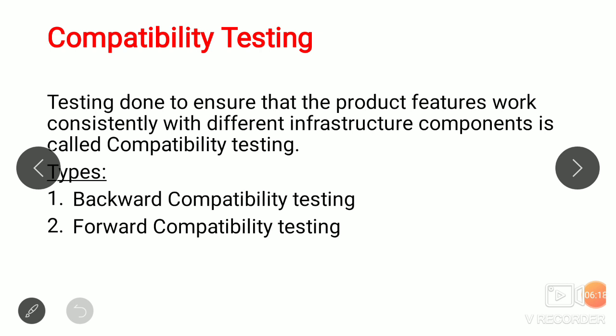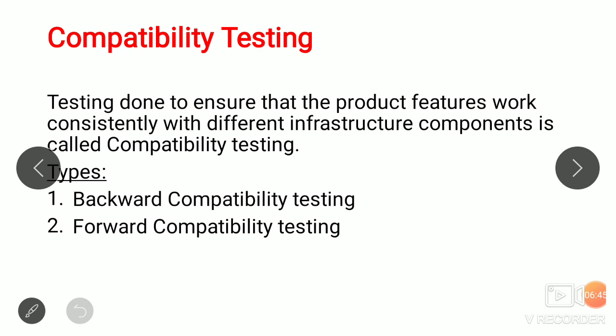Here, what is meant by infrastructure? Here infrastructure may be a processor or the architecture or the resource availability, like this. Based on the infrastructure components, how the system is going to work, that is all about compatibility testing. See here, there are many parameters that generally affect the compatibility of the product. The first one is the processor,